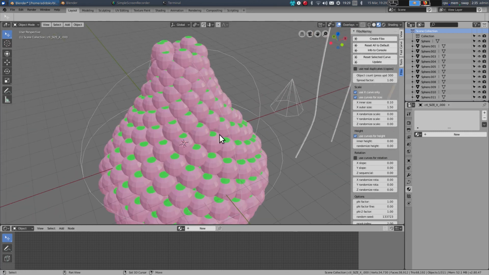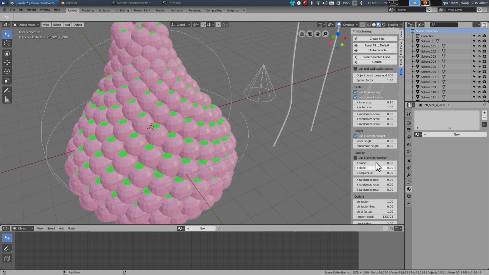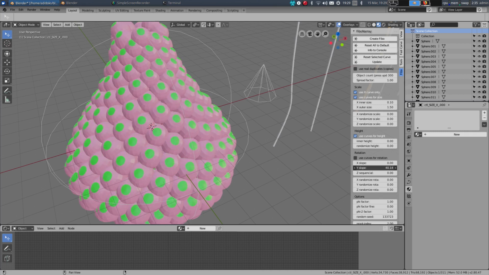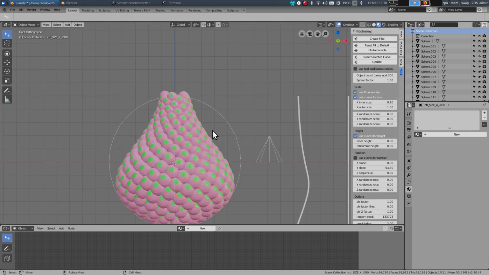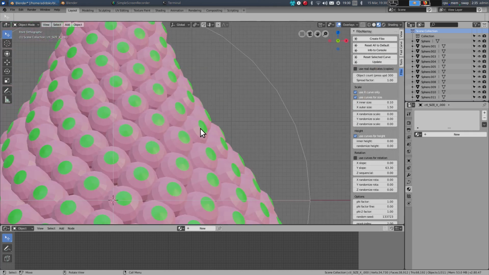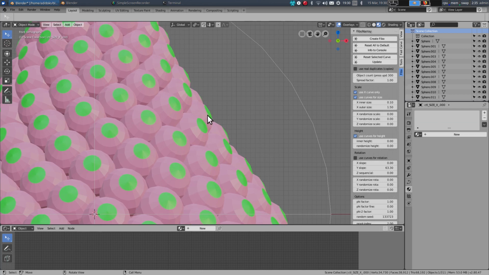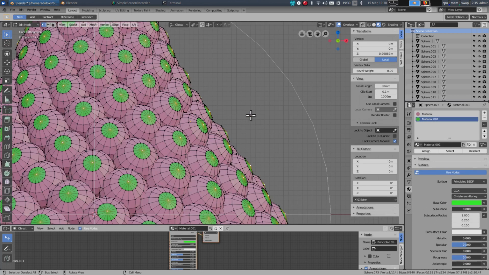Something else I can do is I can rotate the individual objects using the rotation settings. So I change the Y slope so they are pointing outwards. Okay. And now, for example, I can scroll close and select one of the objects and go to Edit mode,